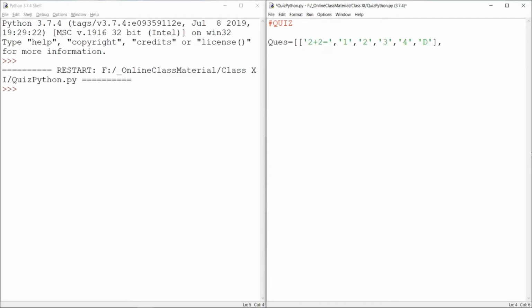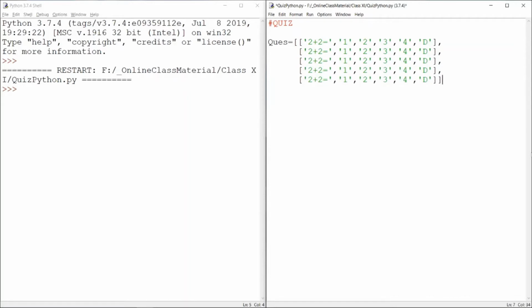Now similarly you can have n number of questions as per your choice. I'll just copy paste this and change something. Say I'm having just 5 questions in my quiz. You can write n number of questions from whichever topic you want. Now say I write here, what is 1 plus 1, answer is 2. I'll give the same options and write option B is correct.